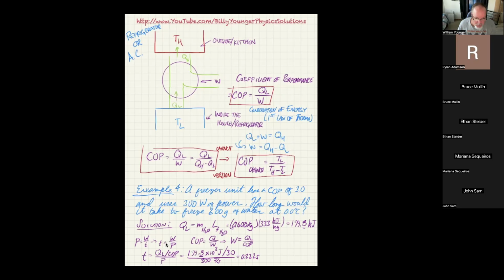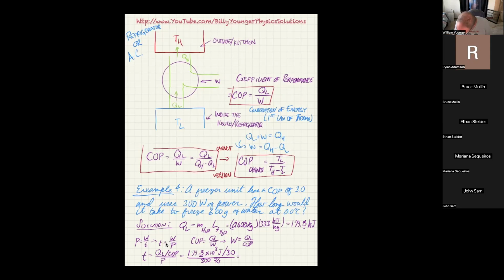So it should actually do it really, really quickly. I didn't expect that answer to be that small, though. Let's see. 300 joules per second, that is the joules. 199.8, that looks good. And that's kilojoules per kilogram, so that's all looking good. Oh, I know. I wrote down the 10 to the third, but I didn't actually put in the 10 to the third. I actually just wrote it as 199.8. So let me redo that.